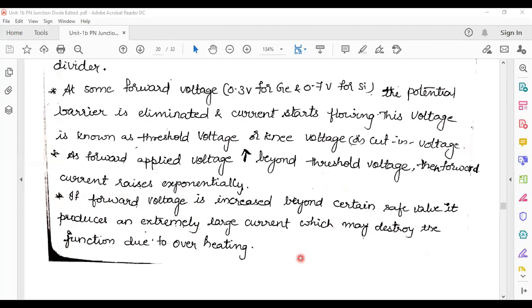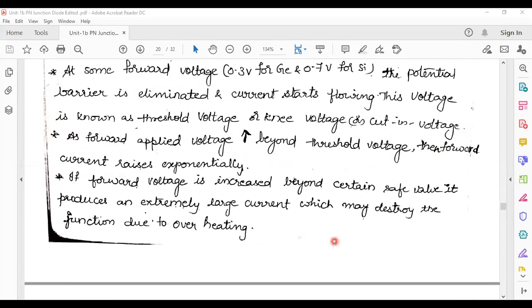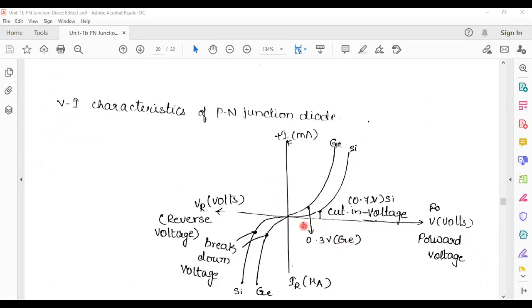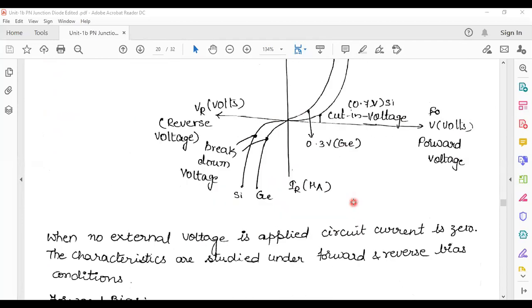And to make the conduction of the experiment very smooth, we need to go through the maximum range of that diode. Then we need to operate the voltage only within that range. Okay, this is about the forward bias condition. In the forward bias condition, I will acquire the static resistance as well as dynamic resistance. Similarly, in the reverse bias direction also, I can acquire the static resistance as well as dynamic resistance.